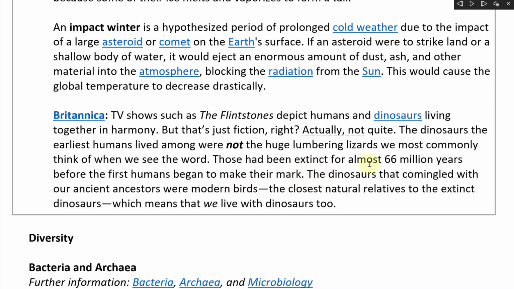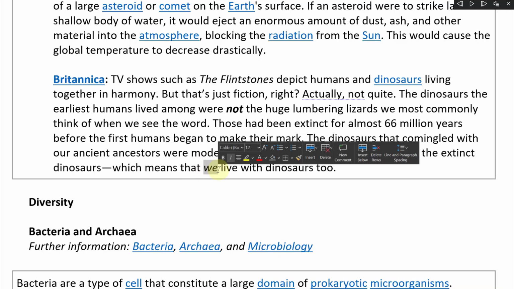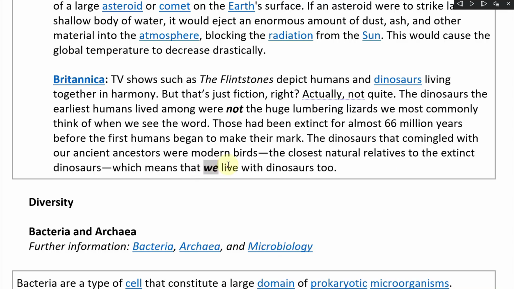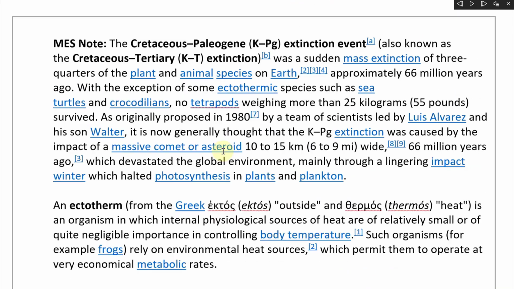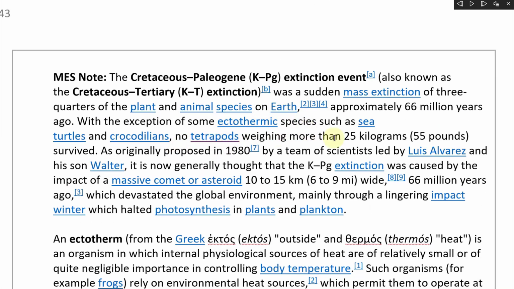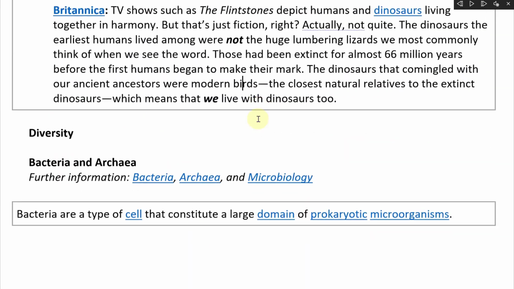The dinosaurs that commingled with our ancient ancestors were modern birds, the closest natural relatives to the extinct dinosaurs, which means that we live with dinosaurs too. So yes, technically, if you consider birds as dinosaurs, then we live with them. And again, going back to the size, no tetrapods or many other types of animals weighing more than 25 kilos survived that big catastrophe. So anyways,